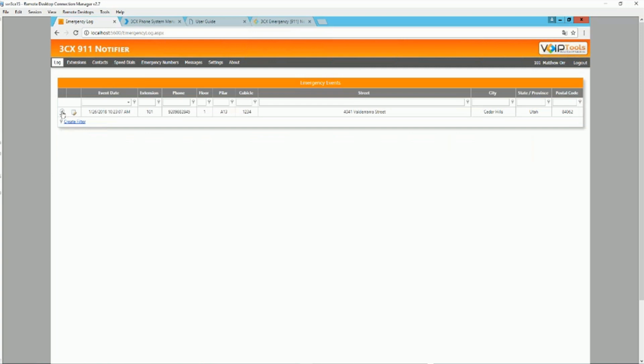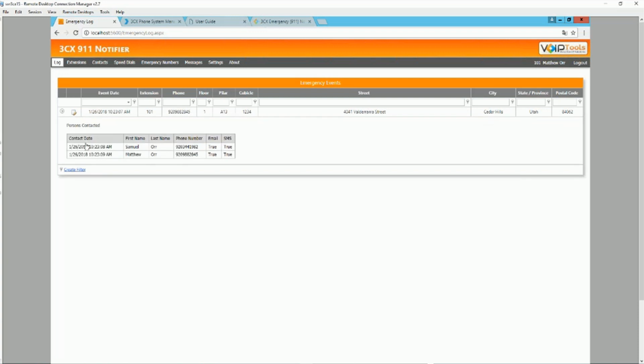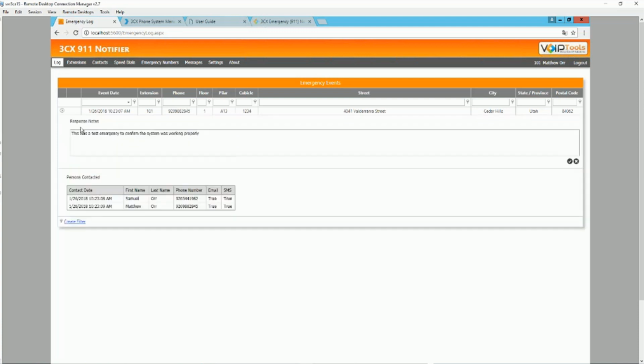You'll see here's an example of an event that took place today. It was extension 101. This telephone number was the person's cell phone number. They were on this floor, this pillar, this cubicle, this address. So we know where it took place. Let's expand this, and we see who was notified and how they were notified. But you also want to record some notes about what took place. So you can put in here information like